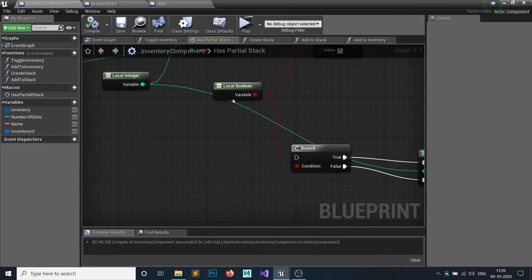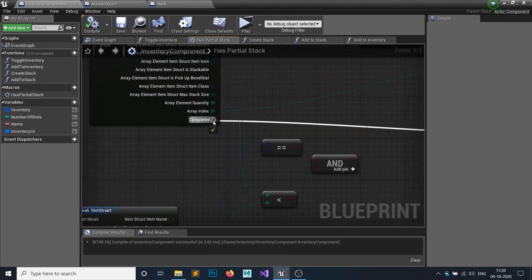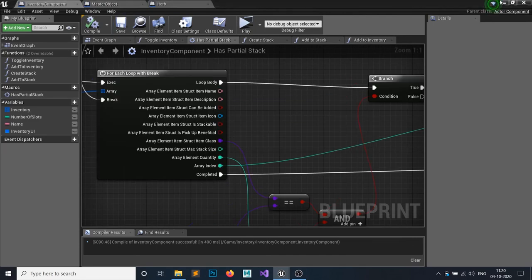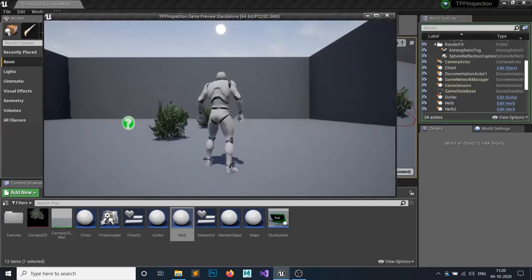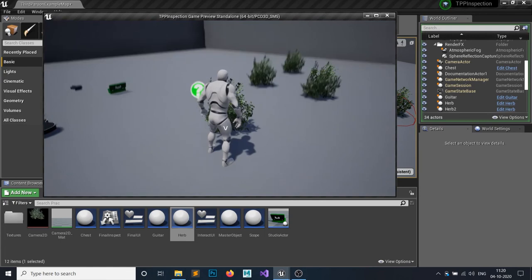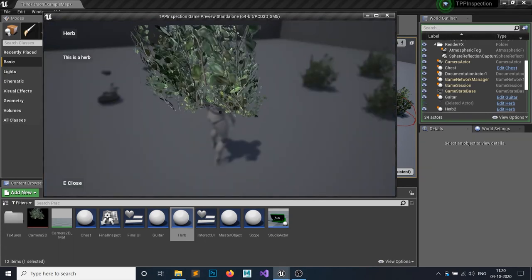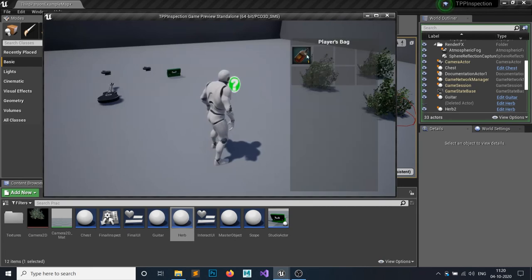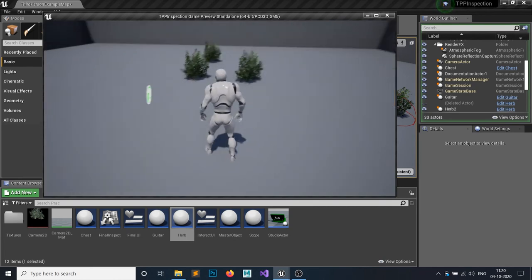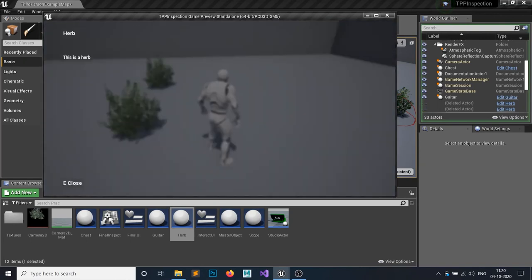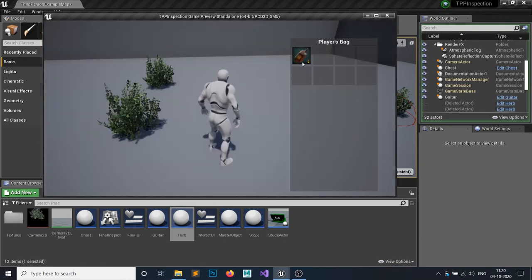Okay, so the problem was inside the has partial stack function. We haven't attached this branch with this completed. So just attach it to your after completing this node, and it will work fine. Hit play. So right now I don't have anything, but if we use this, you can inspect it, and you can see we have added 1 item. So right now I don't have this, but if I inspect this, you can see I have added 2,